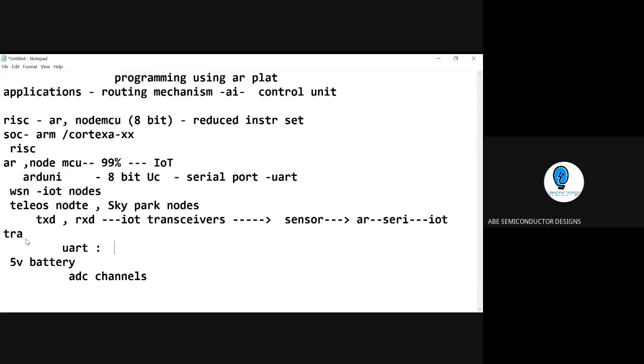UART is the universal asynchronous receiver and transmitter mode. What it is exactly all about is best seen with an example. Let us consider a classroom session. Assume there is a classroom of 60 people, and the staff comes to teach in the classroom, but his allocated time is 45 minutes.